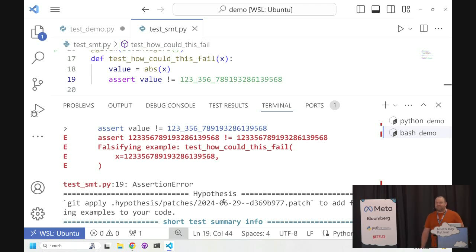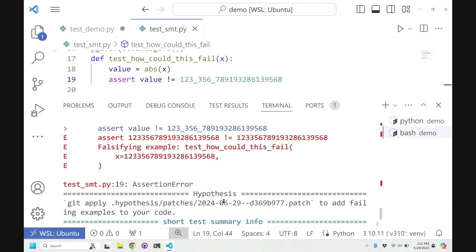So how does this work? Any guesses? Examine the code object. Almost, but not quite. Because in general, we might not have access to the code objects, and runtime introspection is a sin that Hypothesis is deeply guilty of, but not in this particular case. We do, for example, construct strings and then execute them in order to get nice wrappers for your code, but that's a different story. The way this works is that under the hood, Hypothesis is making a sequence of choices. Booleans, integers, floats, strings, bytes, and so on. And everything else we do is built up from those objects.